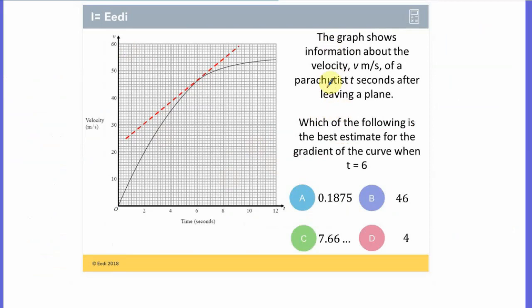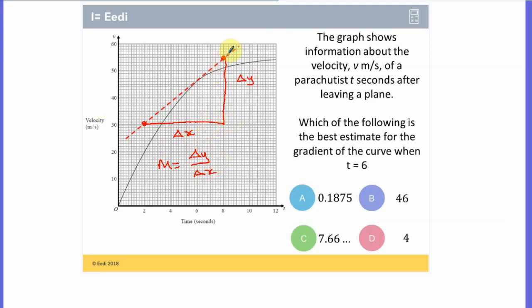The graph shows the information about the velocity of a parachutist. Which of the following is the best estimate of the gradient? So just pick some points that are roughly nice. So I'm going to pick here, and probably here. Draw yourself a little triangle, and you need to find the change in the y coordinates and the change in the x coordinates, and the